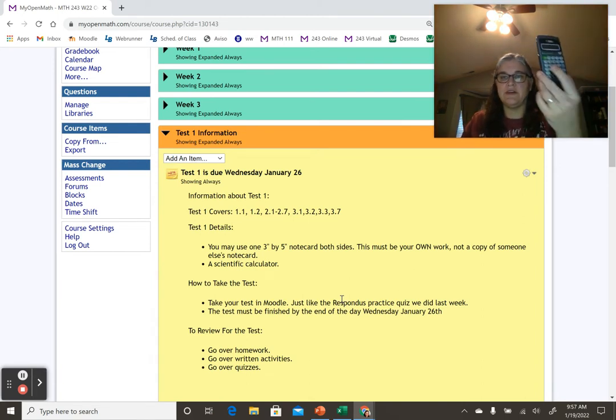You will need to show the calculator that you're using. You cannot use this as a calculator. This is not a calculator, right? So do not use your phone. Use an actual scientific calculator. And I think there's actually one in the toolbar of Moodle if you need a calculator, but I like having my own. And the last thing that you're going to need to take the test is